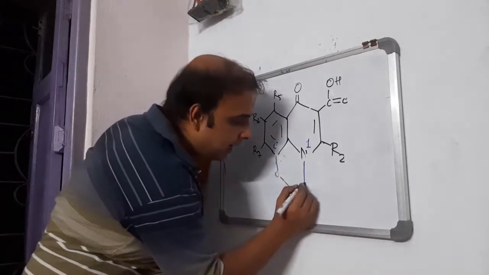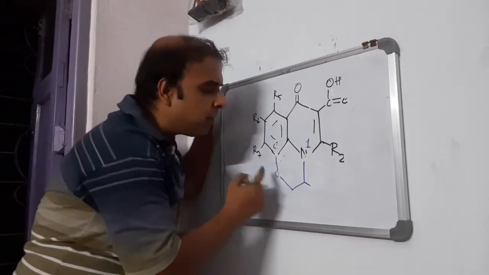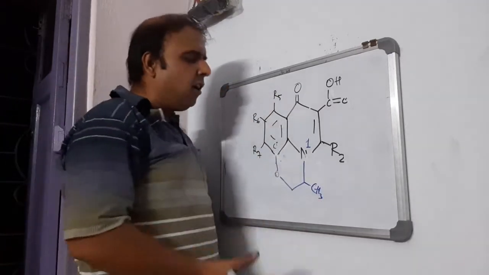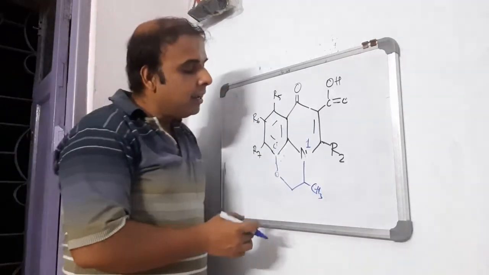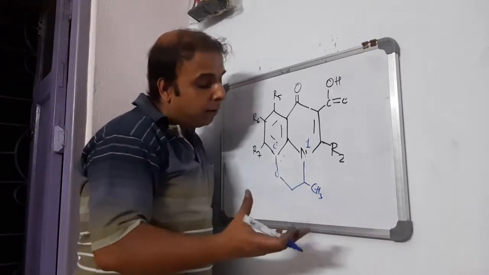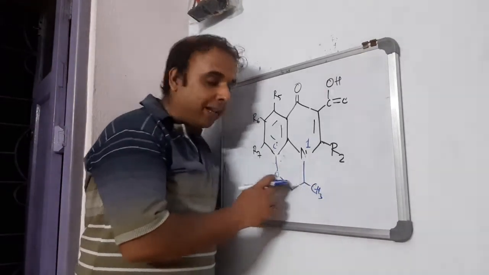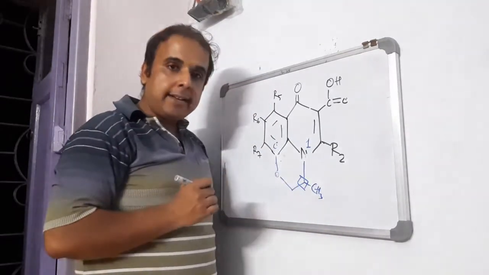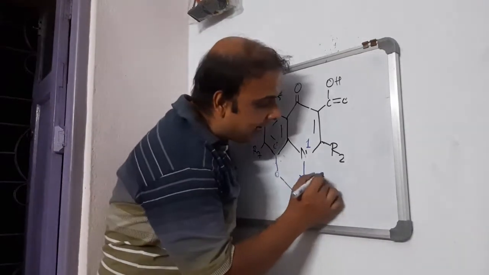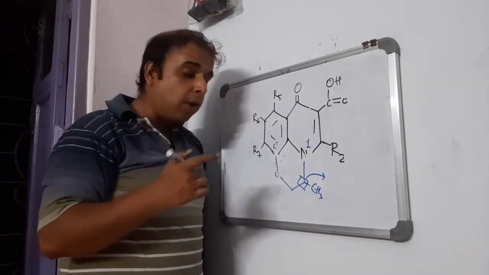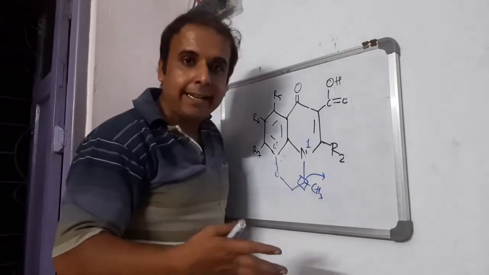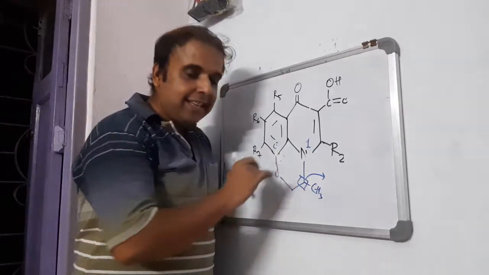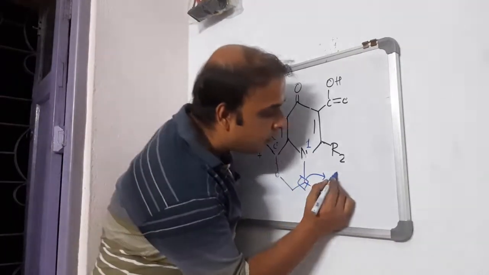And moreover, the moment they did this kind of modification, they inserted one methyl here. Okay, as such, methyl will not aid the process. The only thing is that when you find a methyl here, it generates an asymmetric center, or a chiral center, here. It is because of the chirality that we can give the drug in the form of a racemate or in the form of a single enantiomer. This is the thing they did in case of ofloxacin